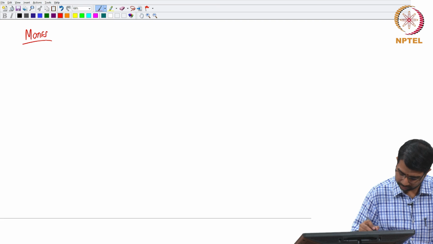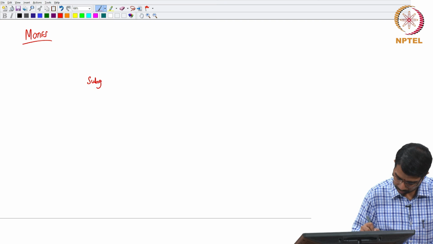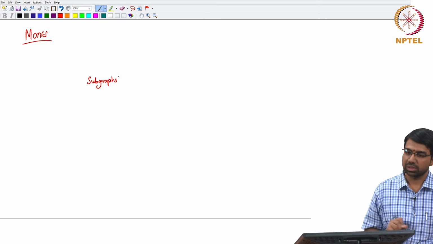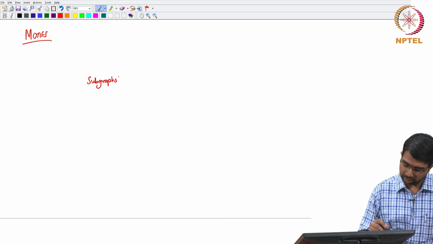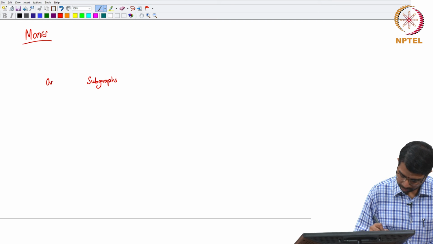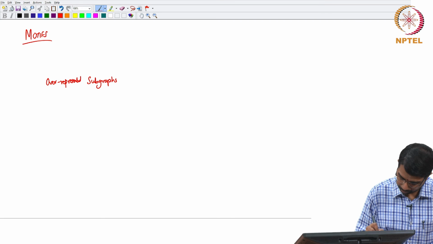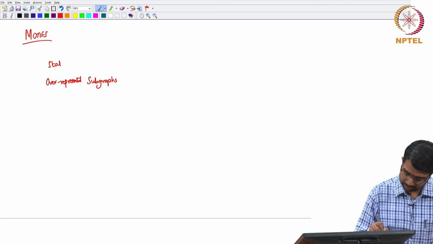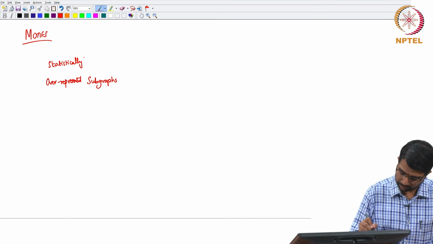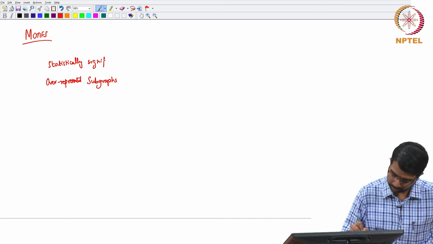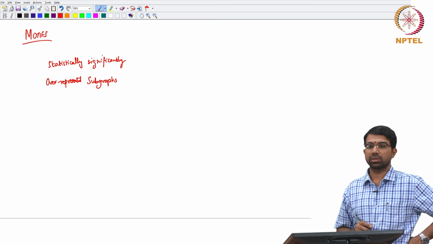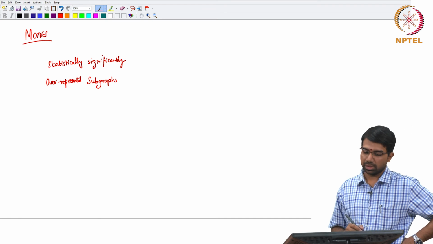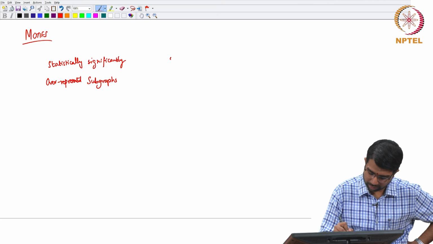Motifs are nothing but subgraphs, rather statistically significantly over represented subgraphs, right. So, as an example,